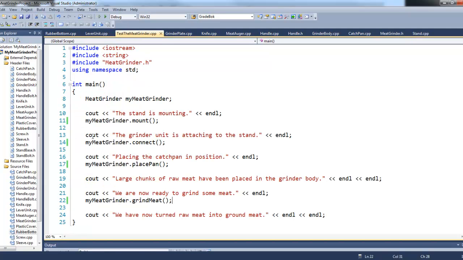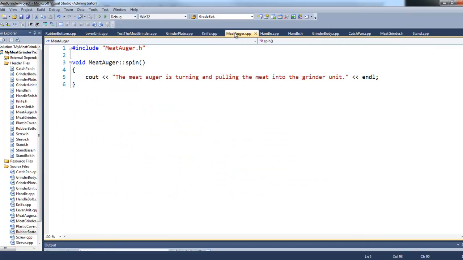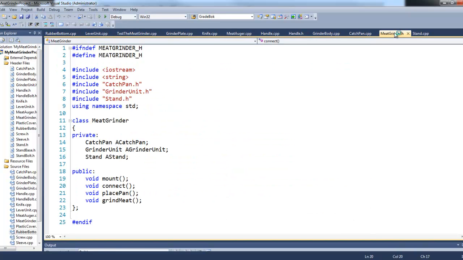the next thing that takes place is we say that the grinder unit is attaching to the stand. The first part attached the stand to the table. The second part assembles the grinder unit to the stand, and we again state what is going to take place. The grinder unit is attaching to the stand, and then if we go to the meat grinder, we have another function called connect,